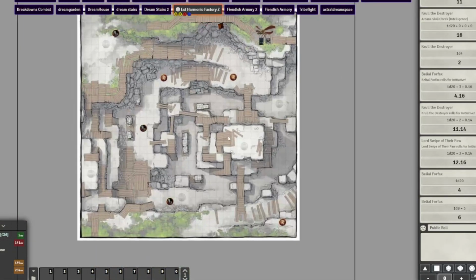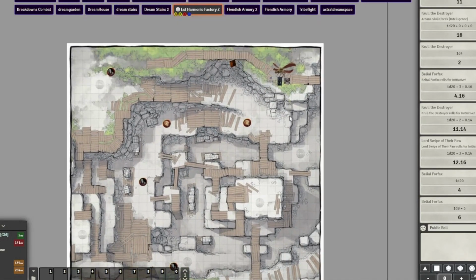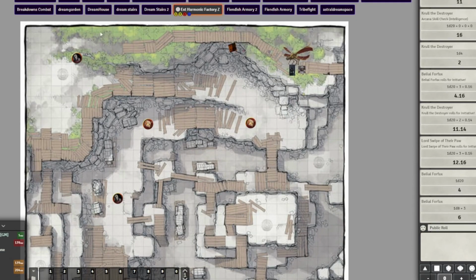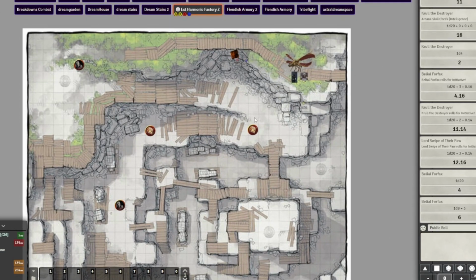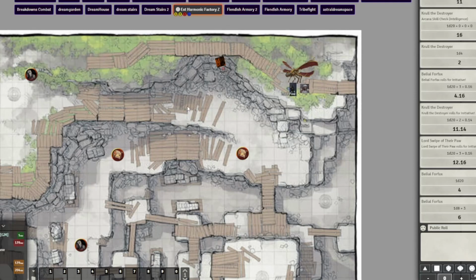Adverse to danger and not wanting to risk falling down the rubble, I'll use my turn to kind of stealthily move along this path towards the mushrooms and see if there's a safer way down. Alright.